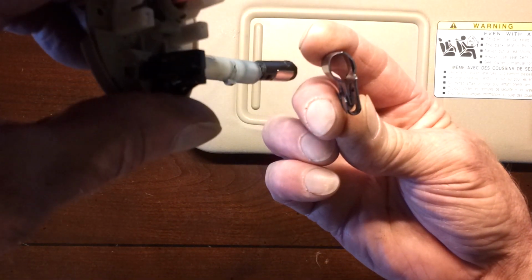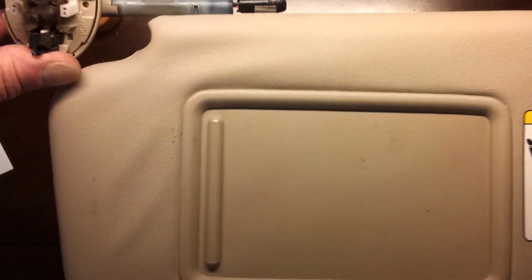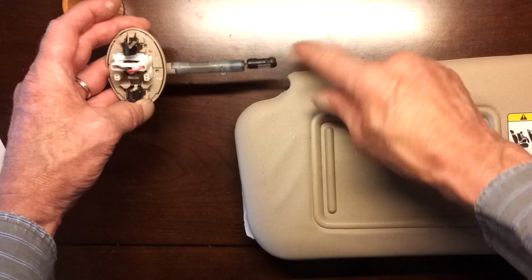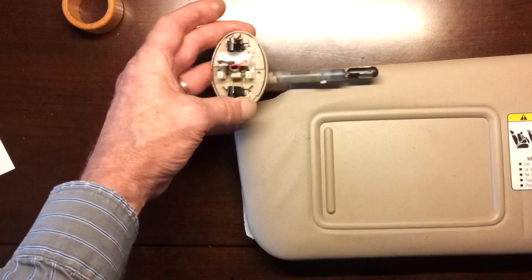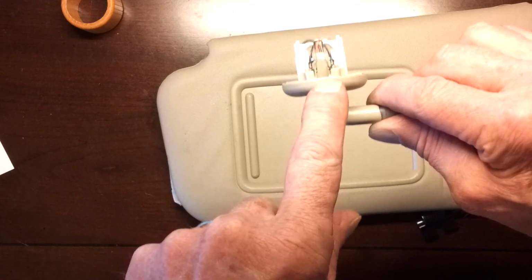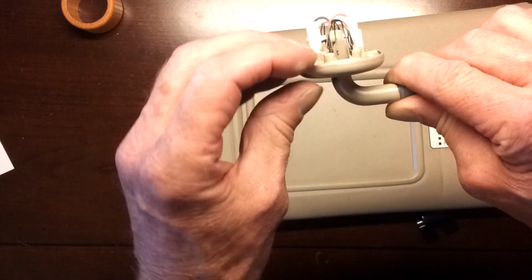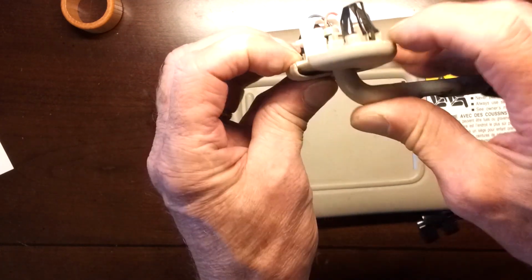So if you want to take the visor off of this, put this in normal position, put the visor up against the ceiling, and if you're really lucky, this key will wiggle out the slot without breaking this off like I did. You can give it a go, but again, I'd say just buy a new one. When you're taking this off, it's in other videos, but when you're removing this from the car, the mount, there are metal spring clips and they're holding it in securely. There's no screws, and the way it works is,